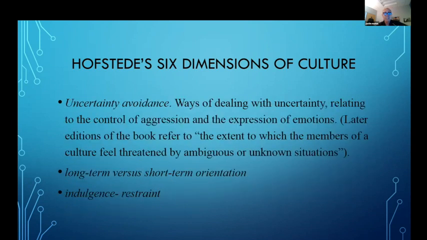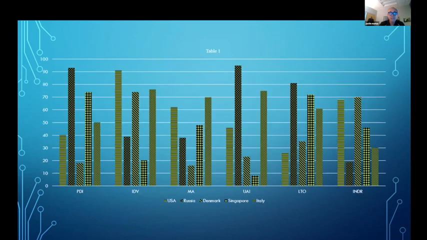Okay, the last 3: uncertainty avoidance, pretty straightforward definition. What about uncertainty? Does it bother us? Are we accepting of it? Or somewhere in between? And then these last 2 are the more recent ones: long-term versus short-term orientation. I think that's self-evident. And then indulgence versus restraint. So let's go ahead and put up some data, if you will, some graphs.